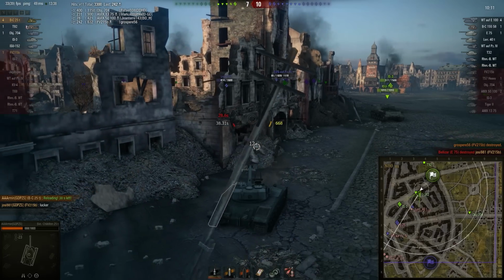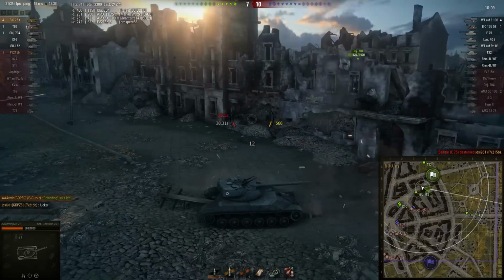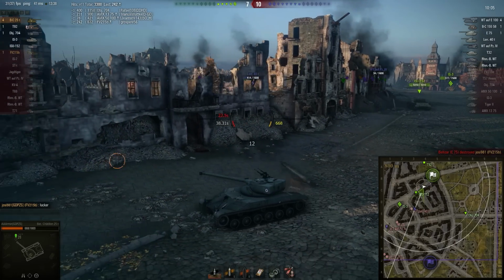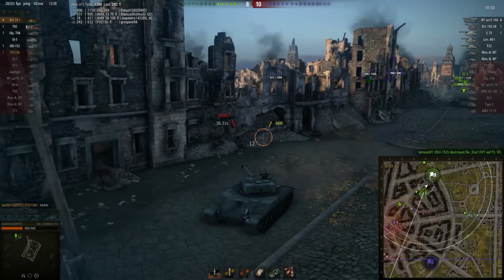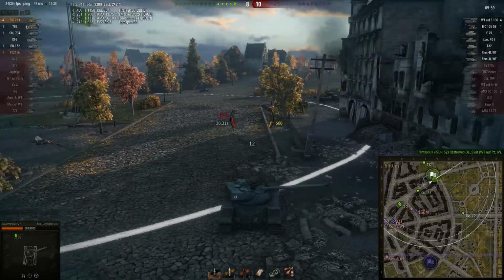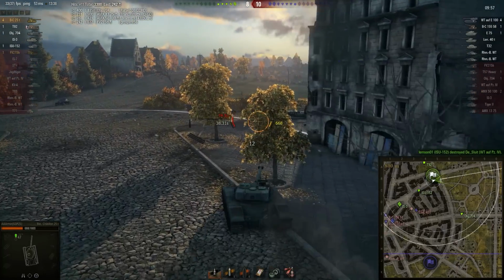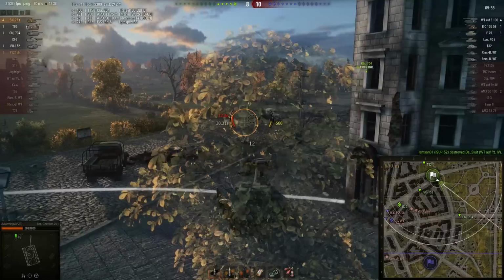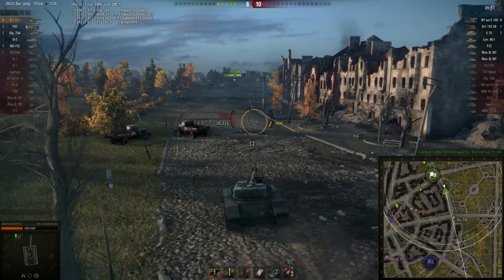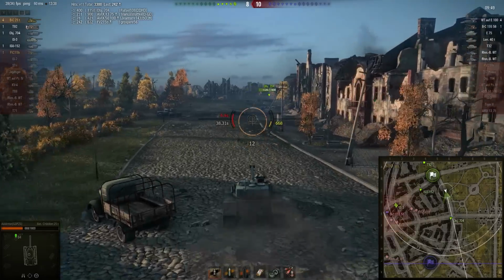But it looks like the enemy tanks are more worried about pushing around and trying to take out that IS-3 rather than pushing down on this location. And that's going to allow Armin just the time that he needs to reload this gun. As you can see, losing quite a bit at the moment at 8 kills to 10. I think that ISU-152 came up with a sudden equalization there, as it was 10 kills to 7 a second